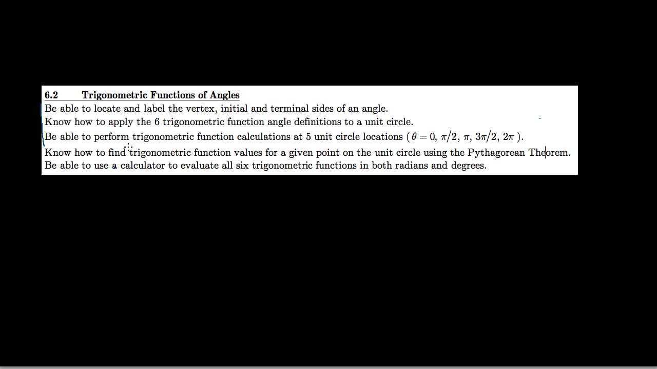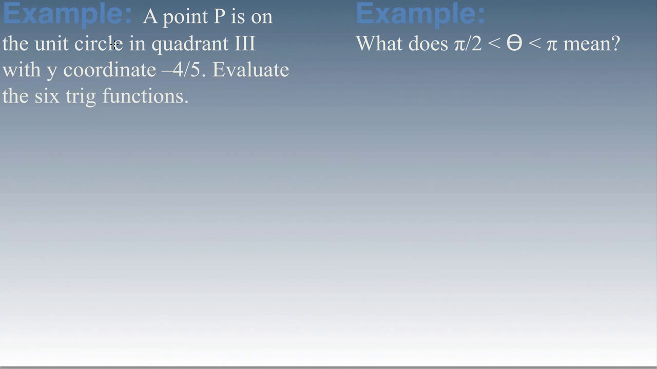To finish section 6.2, we're going to spend a few moments reviewing some of the information we learned earlier, and then finish by learning how to use our calculator to evaluate the 6 trig functions. The review question says, a point is on the unit circle in quadrant 3 with y-coordinate -4/5. If I sketch a little diagram